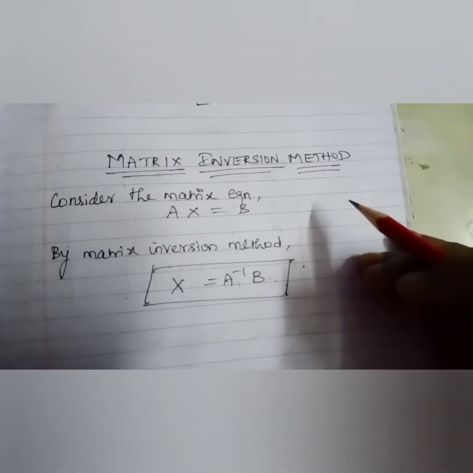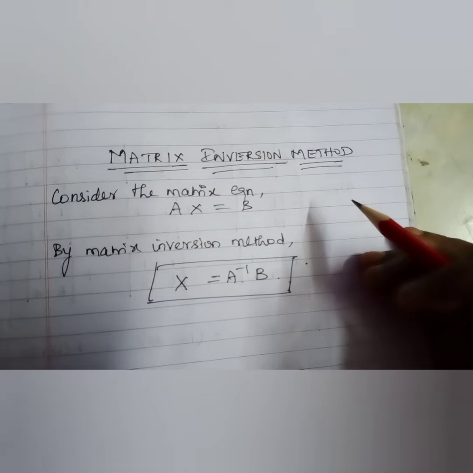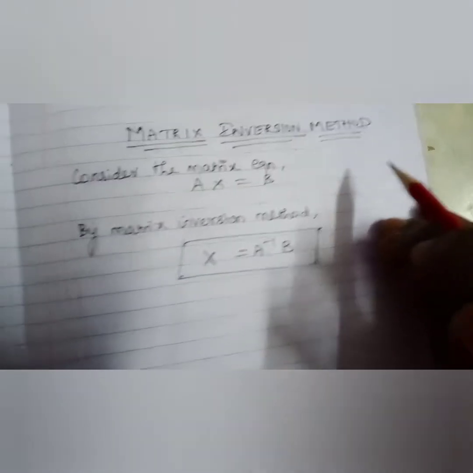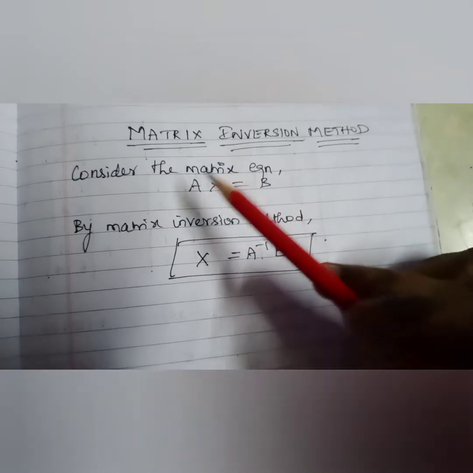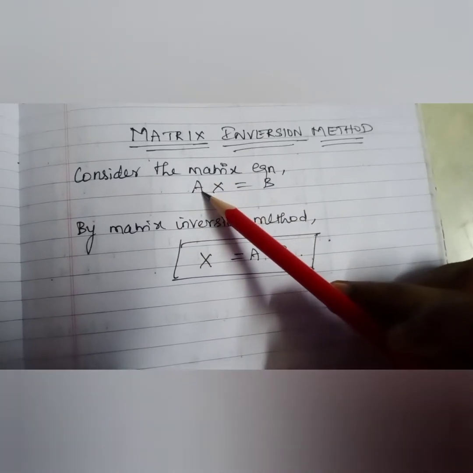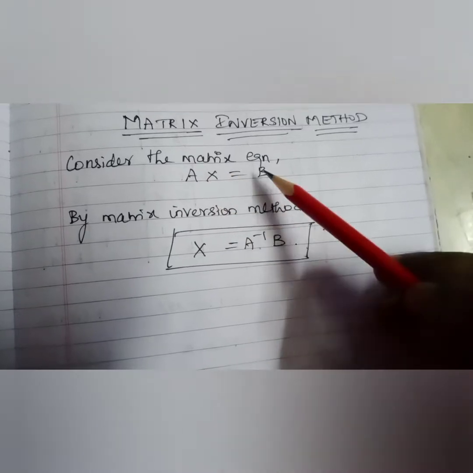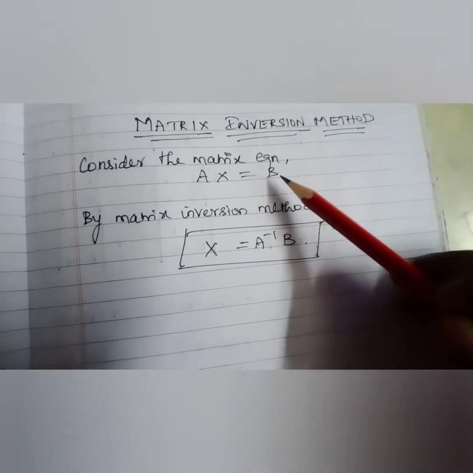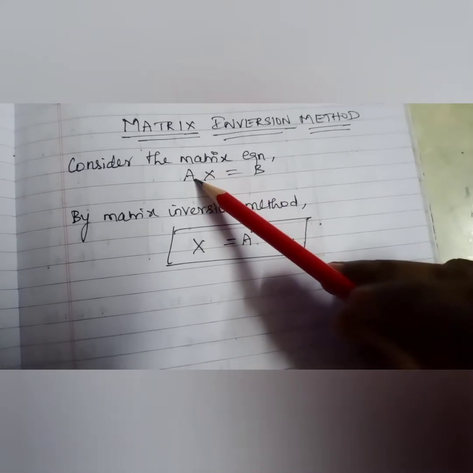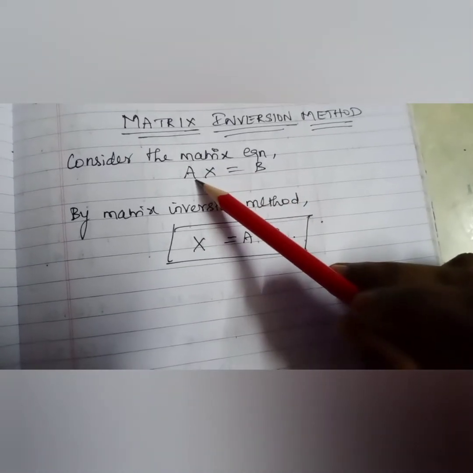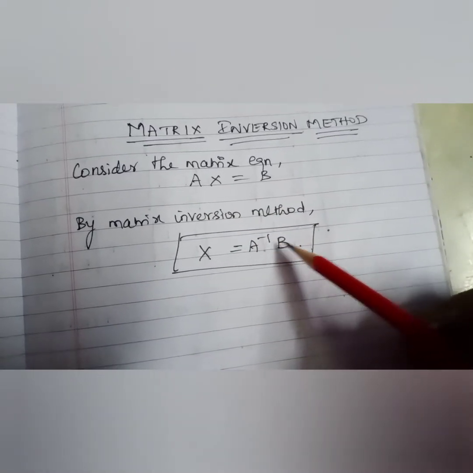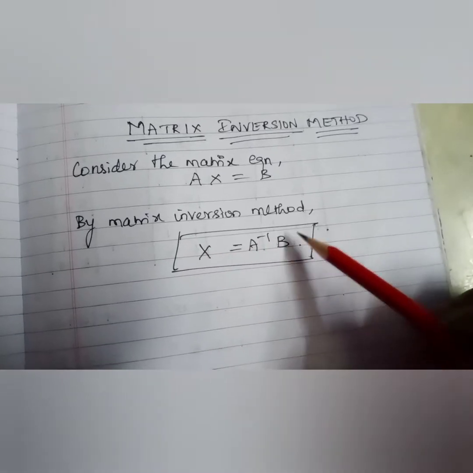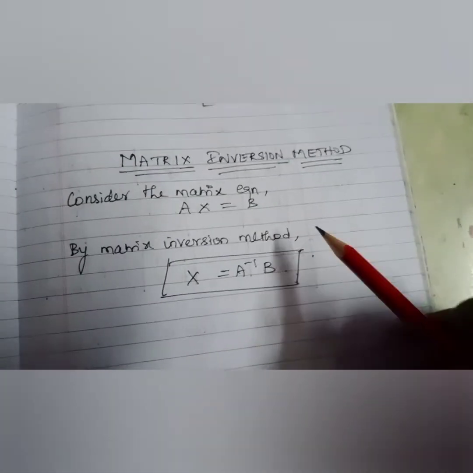Now the matrix inversion method will not have a lot of definitions or formulas involved in it. Very simple. Consider the matrix equation AX is equal to B. Whatever may be the equation, we have to write in this format. A is nothing but the coefficients of the given equation, X is the unknowns and B is the right hand side elements. After writing, by the inversion method, we can write X as it is and this A will be taken to the other side. It is in multiplication. When it goes to the other side, automatically it will be divided. So A inverse into B, that is X is equal to A inverse B. This is the formula we will be using for the matrix inversion method.